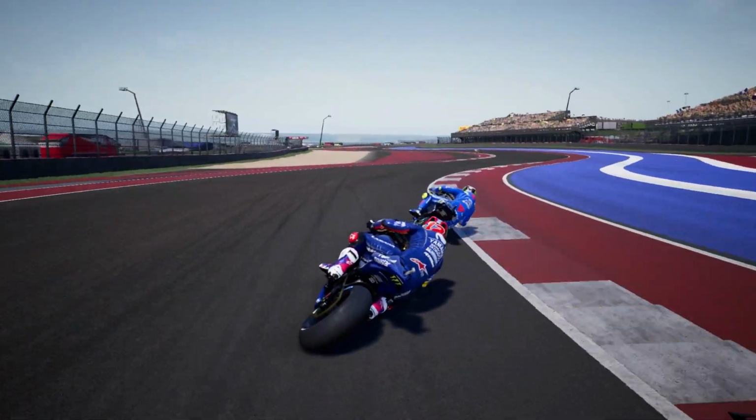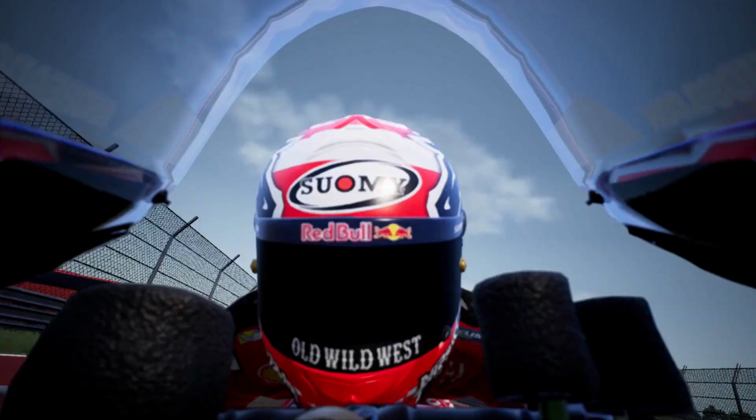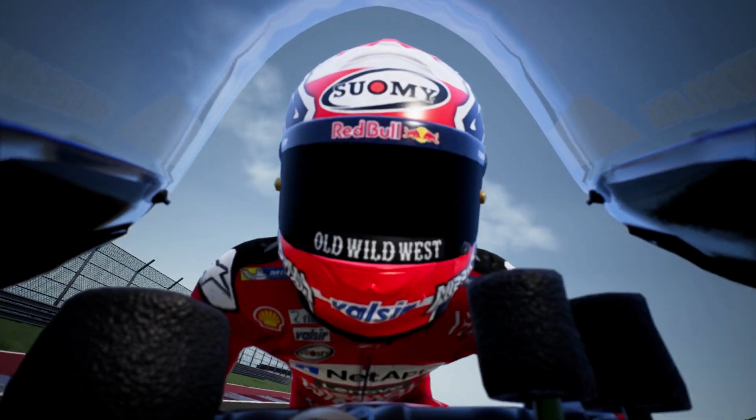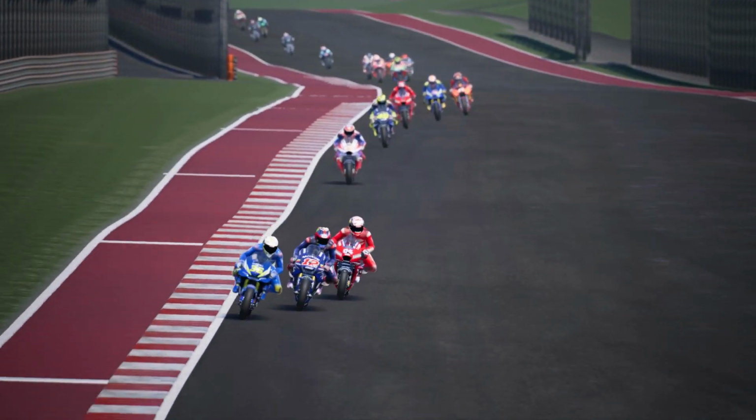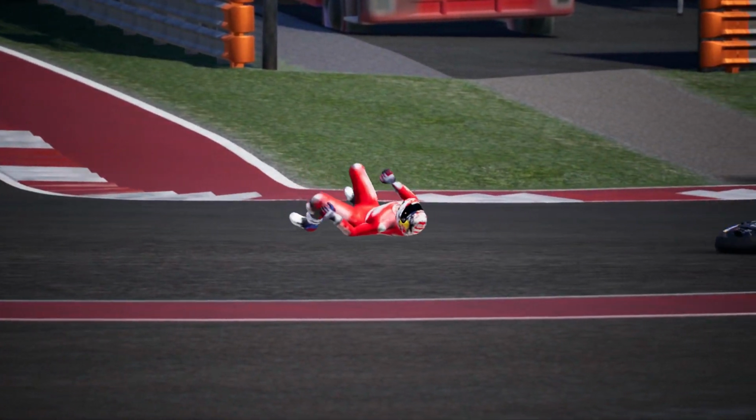So now Jean-Mir is his next target through the S's. See, Dovi is probably struggling a little bit on the Ducati through those kind of sections. And you can see we're on board with Dovi now at the end of the long straight. You can see Vinales trying to make the move on Mir, but Dovi loses the front, and down Dovi goes